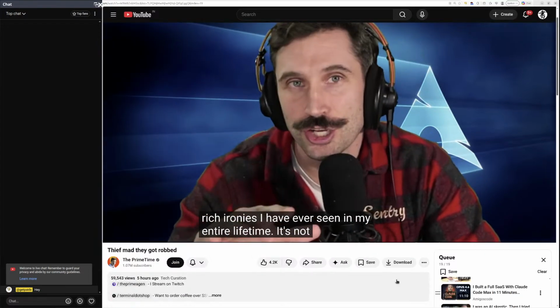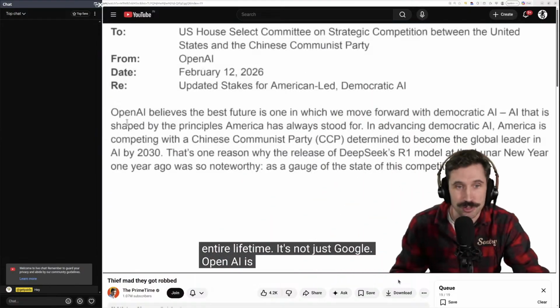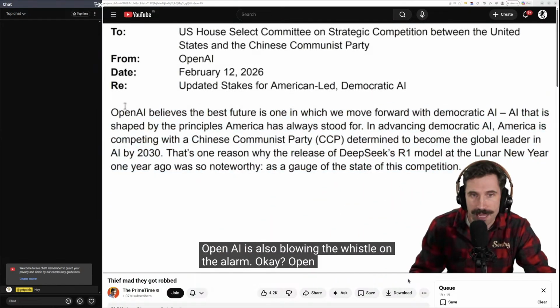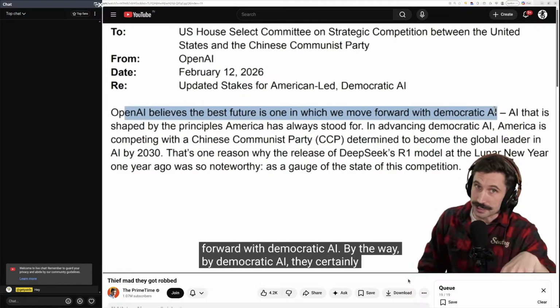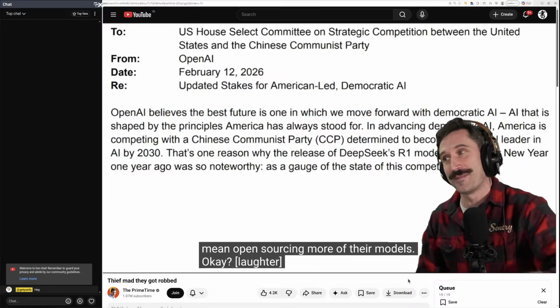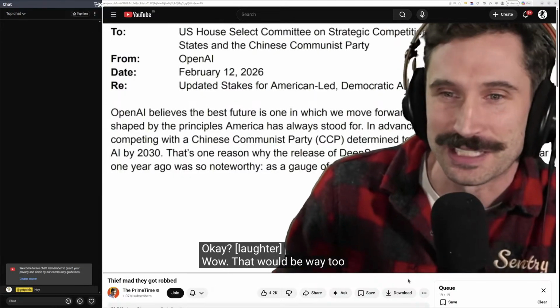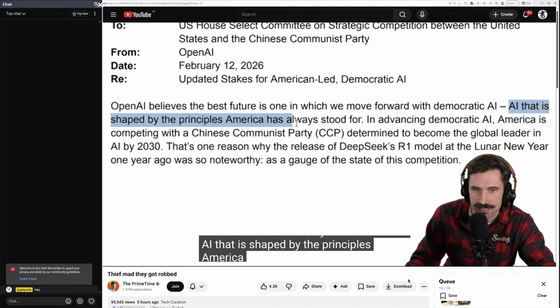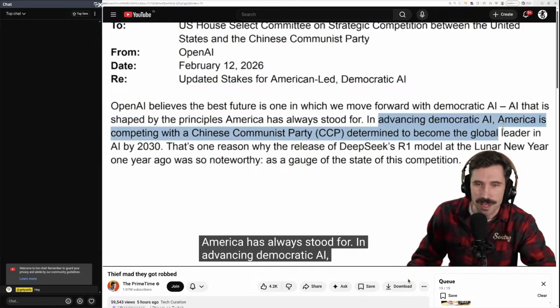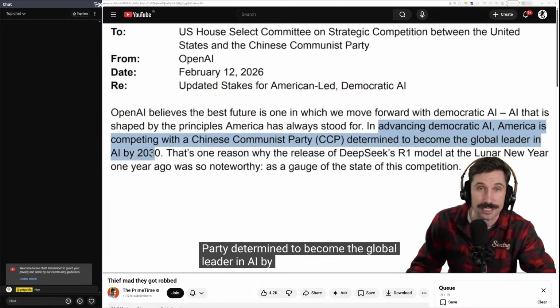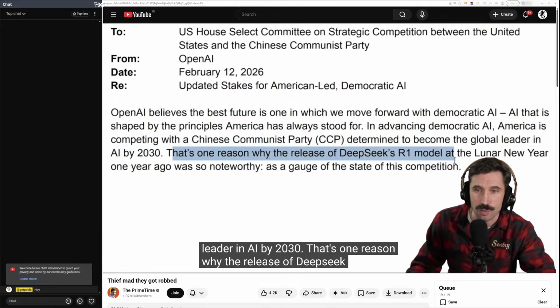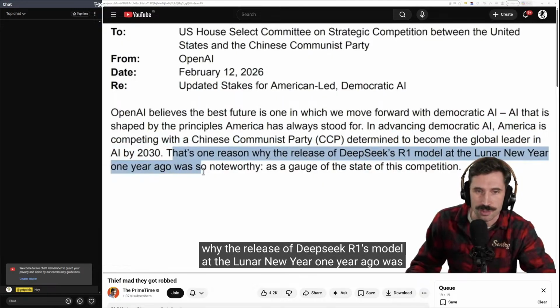It's not just Google. OpenAI is also blowing the whistle on the alarm, okay? OpenAI believes the best future is one in which we move forward with democratic AI. By the way, by democratic AI, they certainly don't mean open sourcing more of their models, okay? Wow. That would be way too democratic. AI that is shaped by the principles America has always stood for. In advancing democratic AI, America is competing with the Chinese Communist Party, determined to become the global leader in AI by 2030. That's one reason why the release of DeepSeek R1's model at the Lunar New Year 1 year ago was so noteworthy. As a gauge,